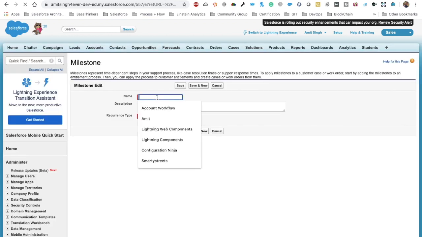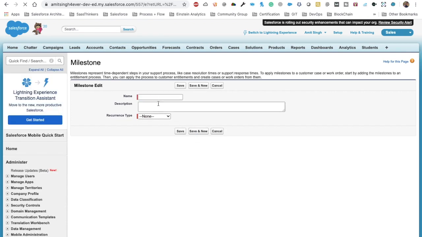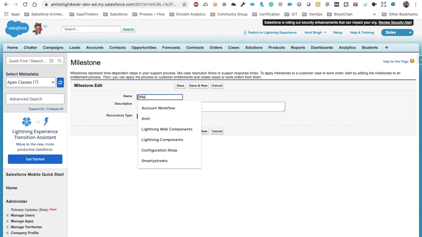And then we will also create one called Waiting on Customer, and this will be sequential. Why will it be sequential? Because there might be a possibility that we send some response to the customer and are waiting for the customer, then we set the status to waiting on customer, and then the customer responds back to us, we again send the response to the customer, and we are again waiting for the customer's response. That's why we are making it sequential. And then we again have Waiting for Internal Team.